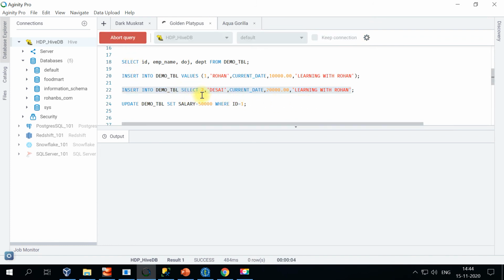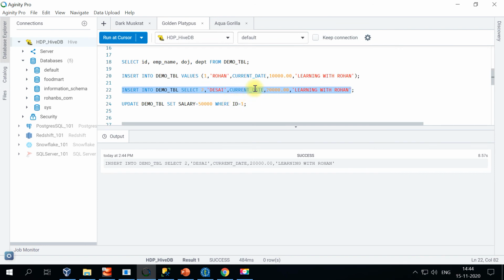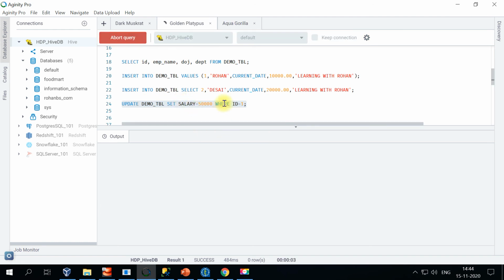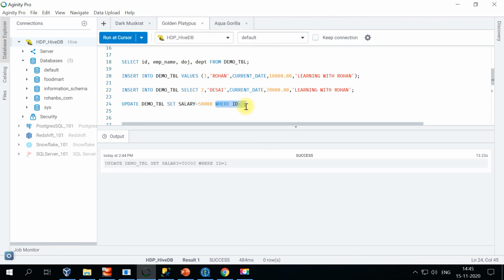So for now I just took an example wherein I'm showing select from a hard coded value, but if you have a table you can directly get it from there. Right, so this is how your insert works, two types of insert. And coming to updates, you can perform any update for a particular column along with any condition. So the syntax is update table name, set the salary or whatever fields that you want to set. You can set the value for that, but we should be giving the where clause as well, so that only that particular record gets updated.